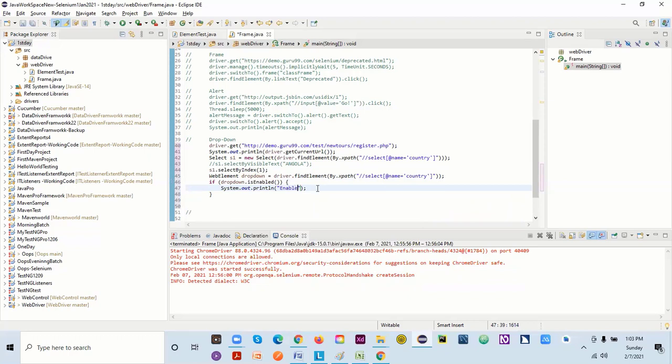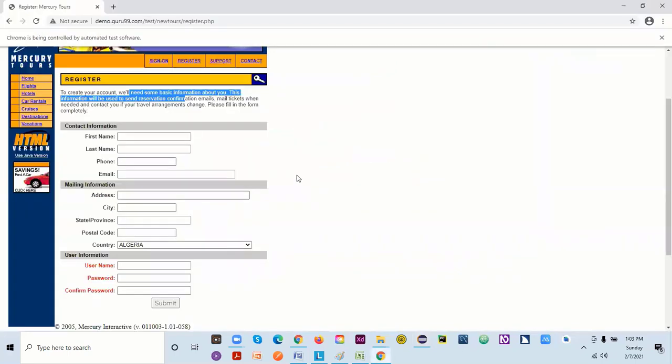If it is not, it will say else, System.out.println, disable. Enable, disable, we can check all this. This is how we can put the validation, right? And when we work on any project manually, we also come across all these things, right? So this is how you can check.